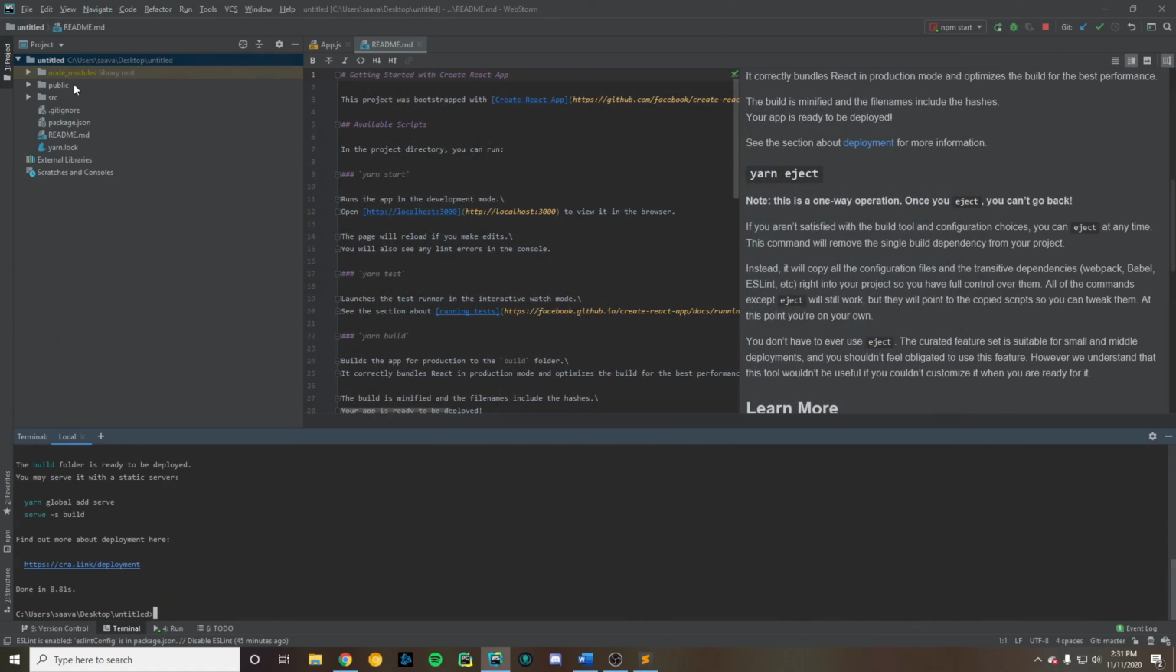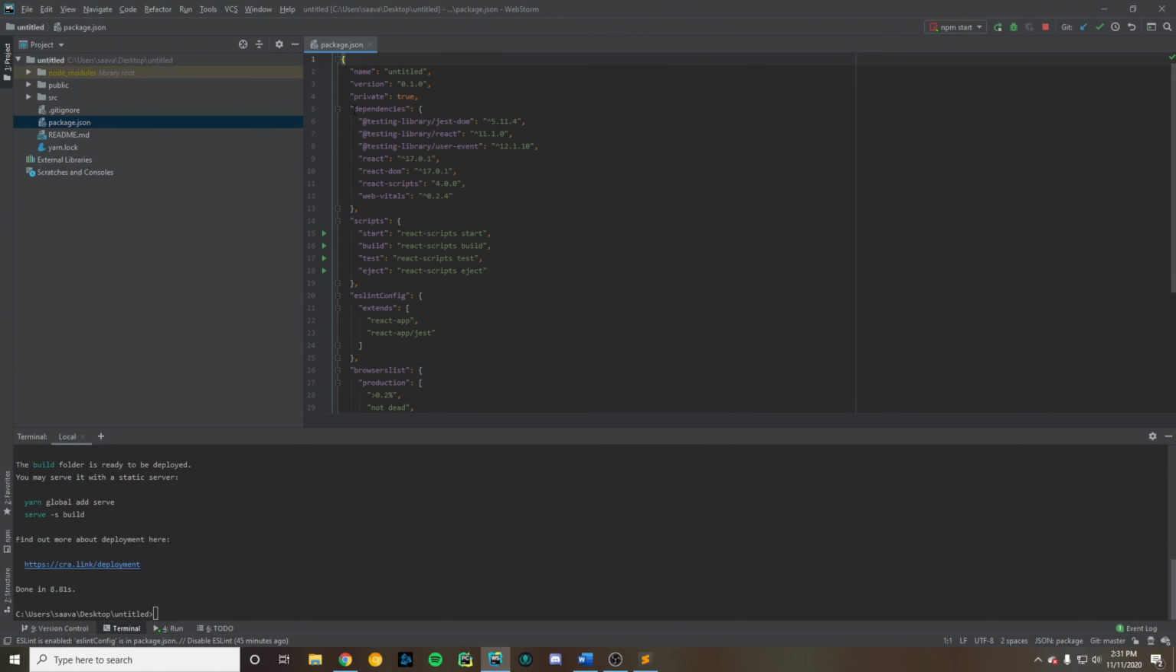So going back to the folder structure again, we have the package.json, and this defines the metadata for your project, the name of the project, the version of the project. The dependencies are all the modules you've added. By default, Create React App adds a couple of modules. It adds React, and React DOM, which is a way for React to interface with the DOM, which is the browser's